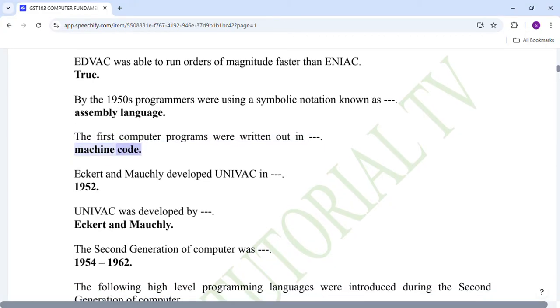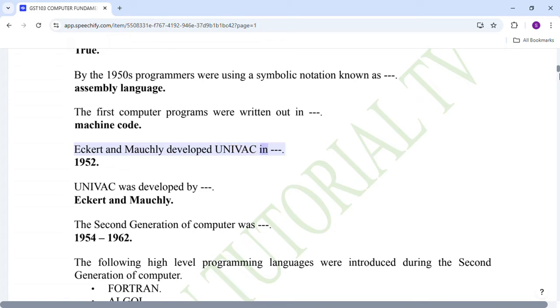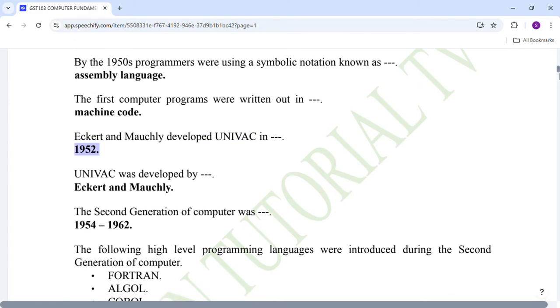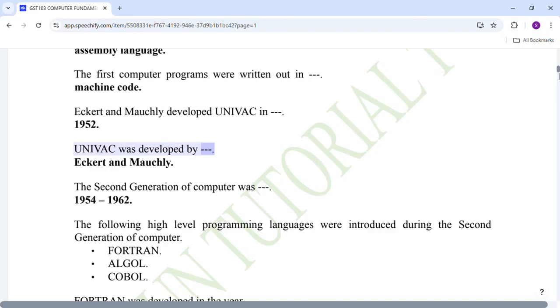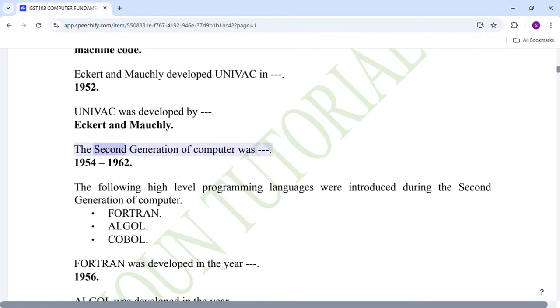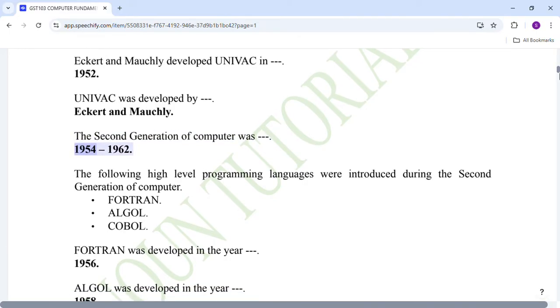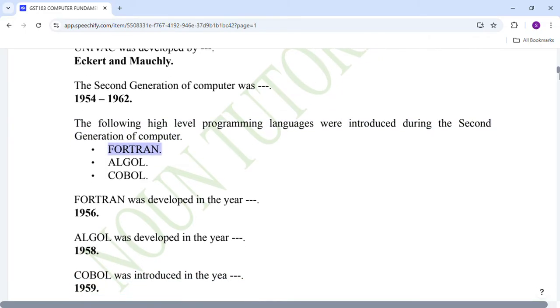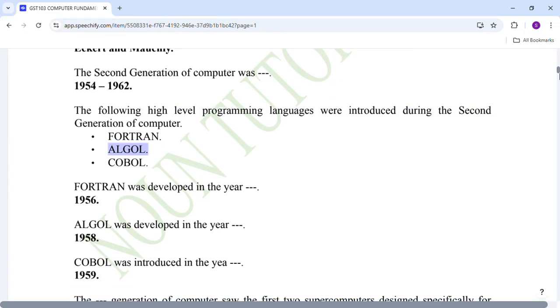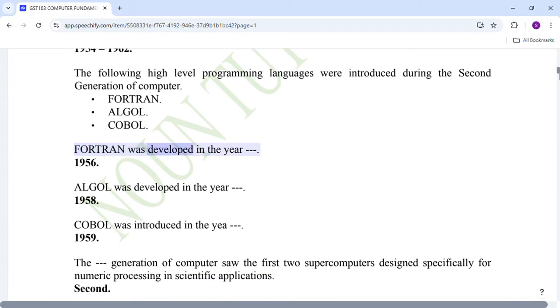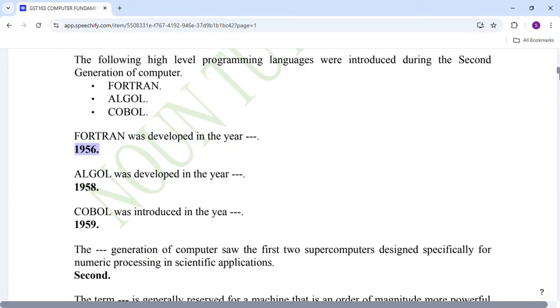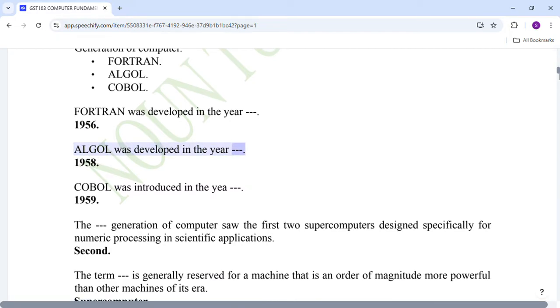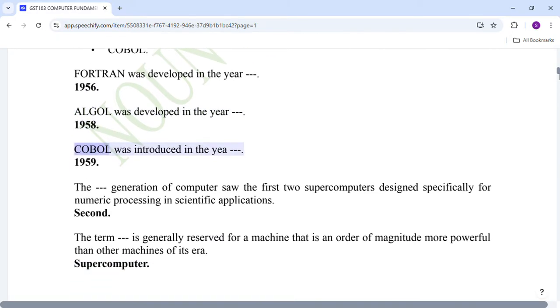The first computer programs were written out in machine code. Eckert and Mauchly developed UNIVAC in 1952. UNIVAC was developed by Eckert and Mauchly. The second generation of computer was 1954 to 1962. The following high-level programming languages were introduced during the second generation of computer: Fortran, Algol, COBOL. Fortran was developed in the year 1956. Algol was developed in the year 1958. COBOL was introduced in the